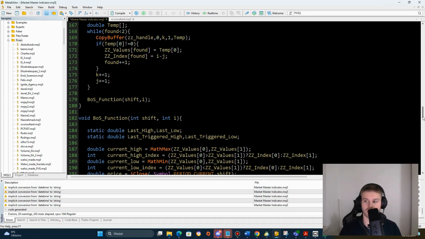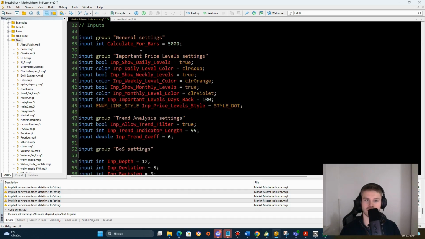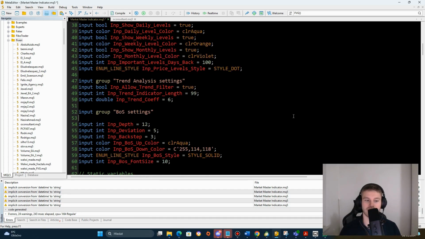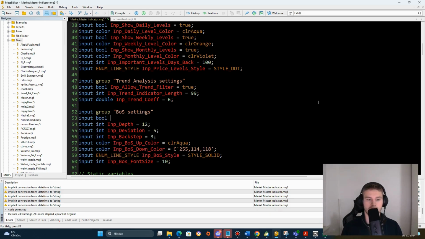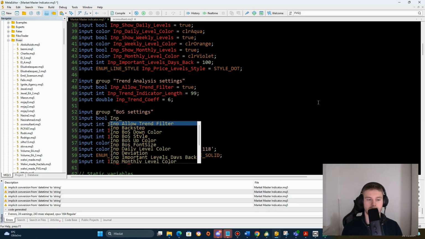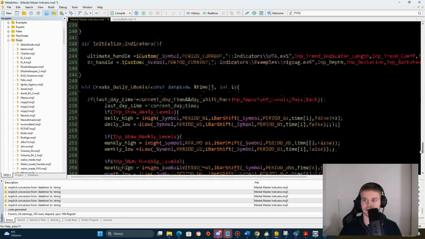There's one more thing I would like to change or update, and that is an option to disable the BOS. Okay, so it's the same thing as with the trend filter or with the important price levels. The user should have an option basically to disable the BOS in the case he or she doesn't want to use it. So let's do input bool input show BOS is equal to true,